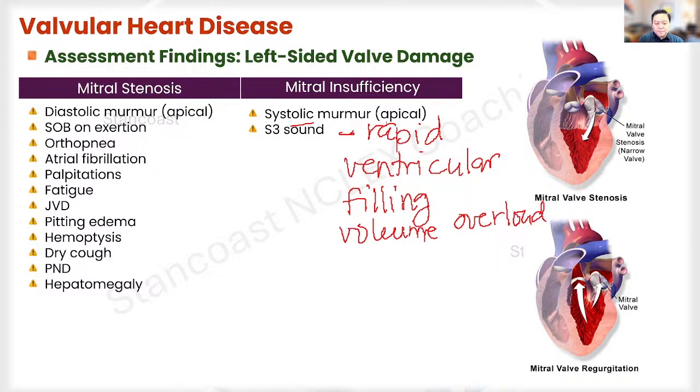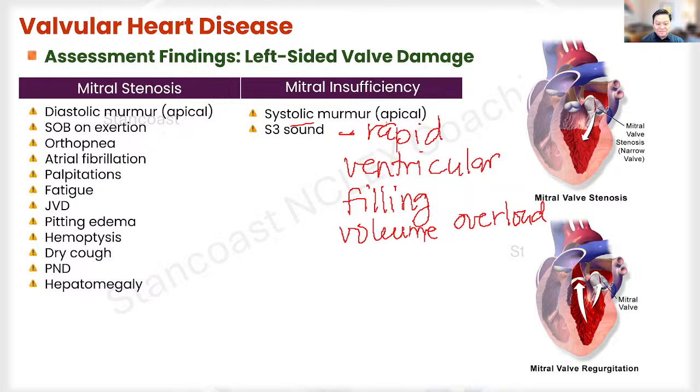Okay. Why is there volume overload? Remember that in mitral regurgitation, it's not going to fully eject the blood into the aorta, right? Because there is such a leak in the mitral valve, a portion of the blood will eventually be going back into the left ventricle. And so it can lead to that S3 sound. It's going to be that extra heart sound because of that rapid ventricular filling from the excess fluid volume in